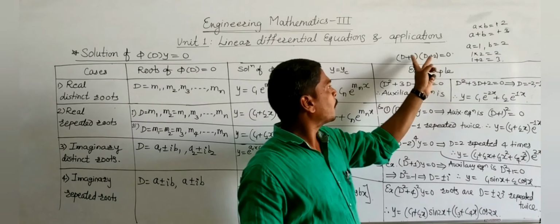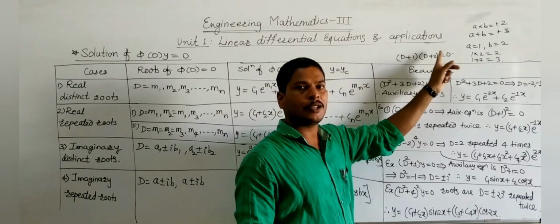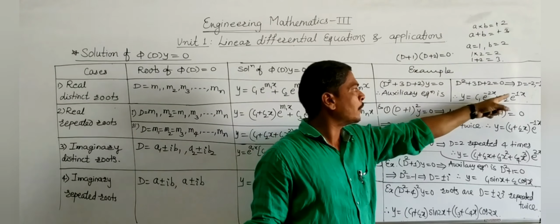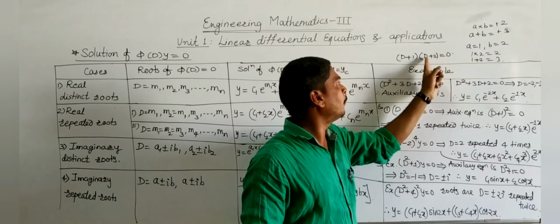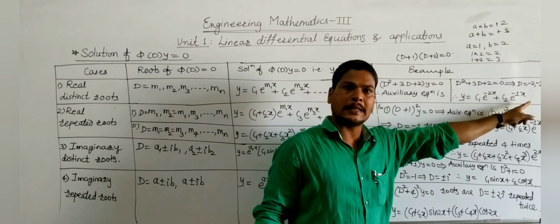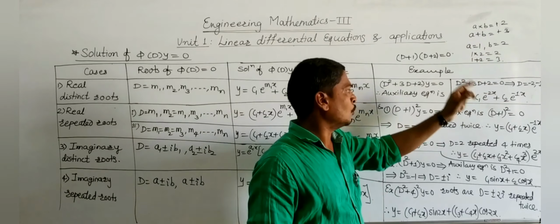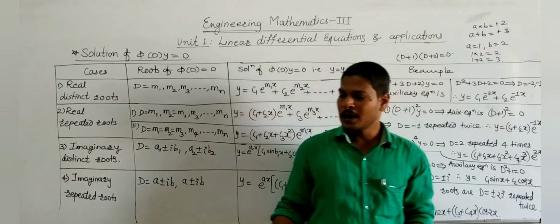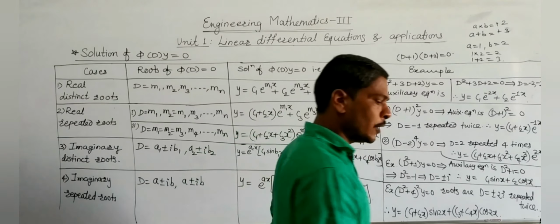The product of these two brackets is equal to 0, that means each is equal to 0. So we get D plus 1 equal to 0, that means D is equal to -1. And D plus 2 equal to 0, that means D is equal to -2. So our roots are -2 and -1, which are easily calculated by using